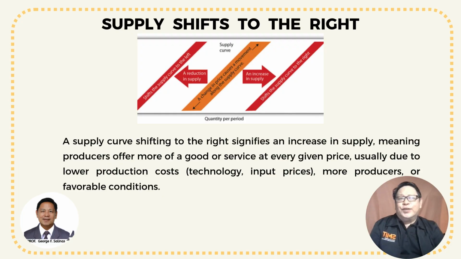What happens when the supply shifts to the right? When production costs like labor, raw materials, or energy decrease, producers can supply more at any given price, leading to an increase in supply, which is graphically represented as the supply curve shifting to the right. This means higher profits at the same price, encouraging producers to produce greater output.